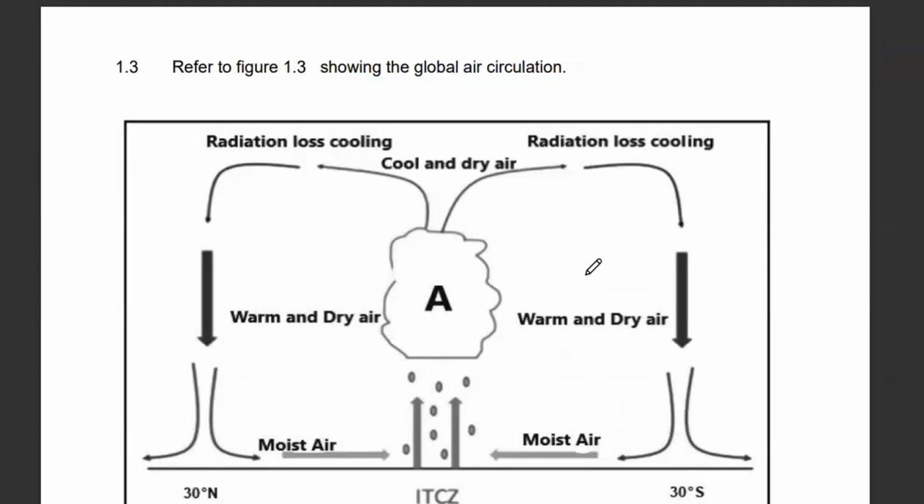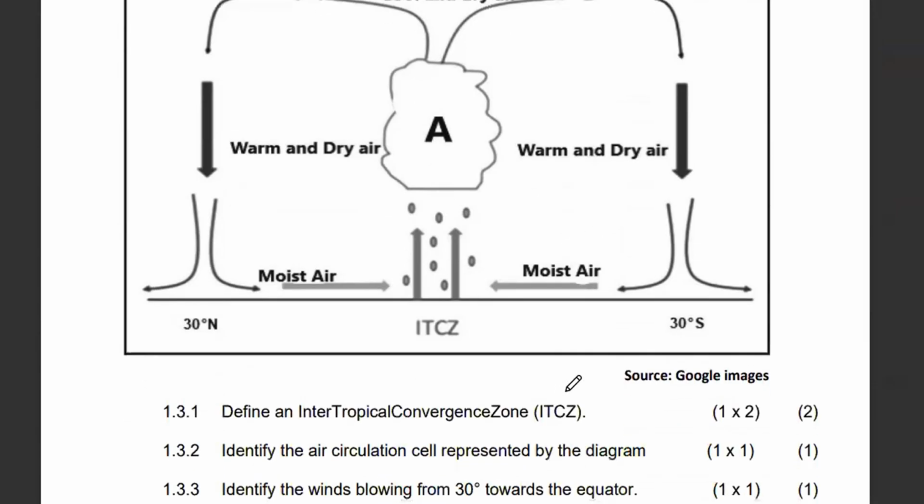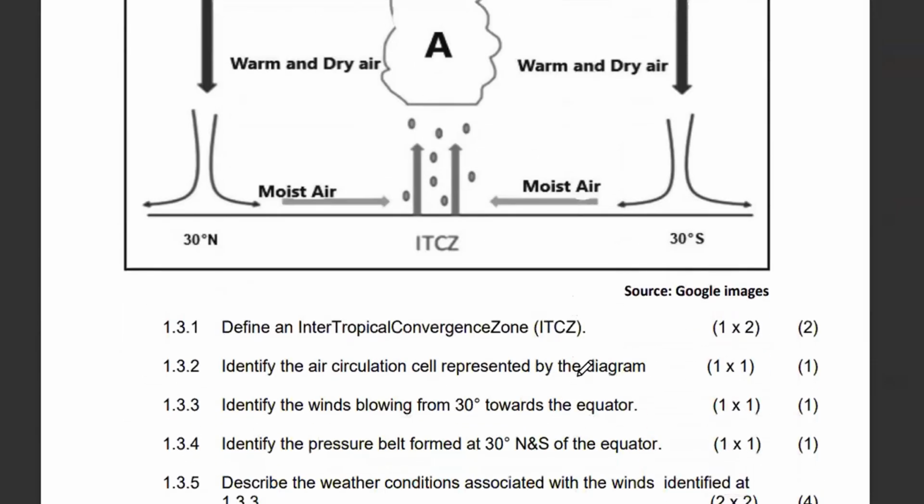Right, refer to 1.3 showing the global air circulation. Right, we're having the situation here. Define the intertropical convergence zone, the ITCZ. Right, intertropical, meaning to say it's within the tropics. Convergence, meaning to say it's a belt where two air masses meet. So defining it in simple terms, we can say it's a low pressure zone